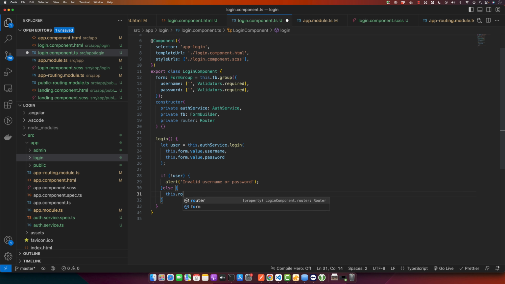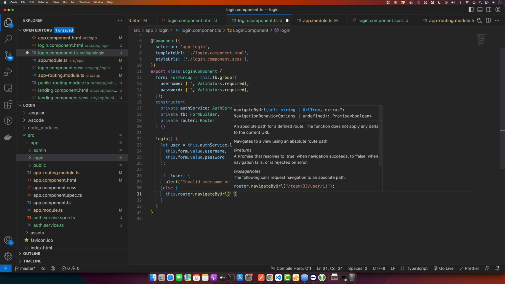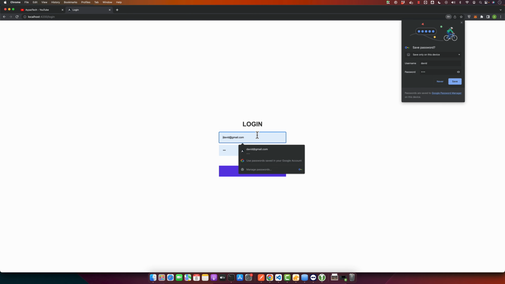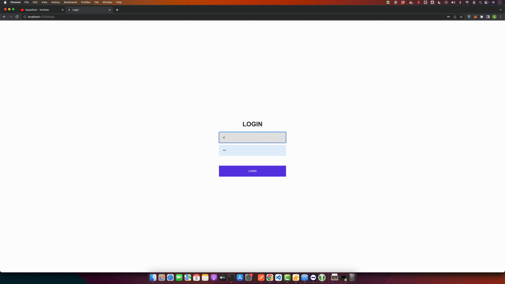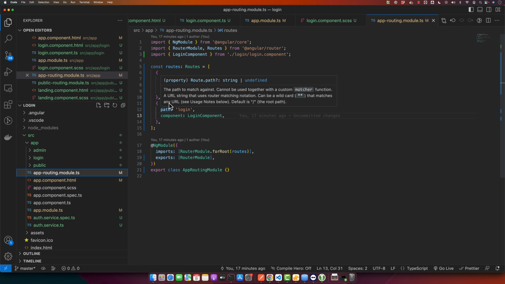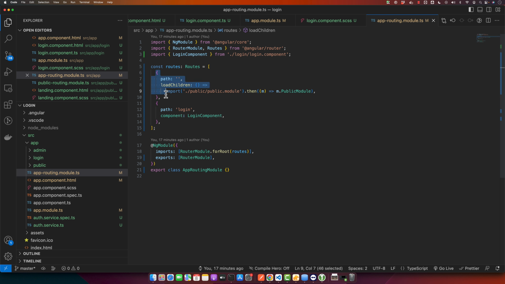For that, use this.router.navigateByUrl, and here I will specify the path that would be /admin, and let's try. I will give it the correct details and submit. It is not working,